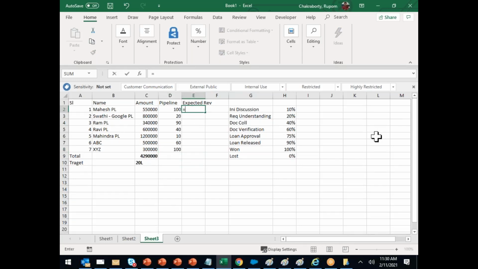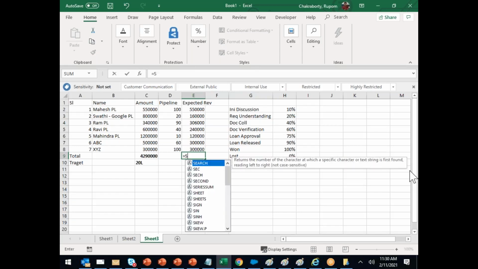Now my expected amount will be 100% of, right, into the percentage of this. What I did, right, 100, perfect. That's good. Now you calculate the total equals sum of.